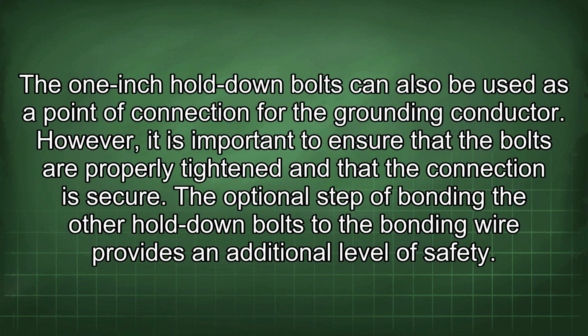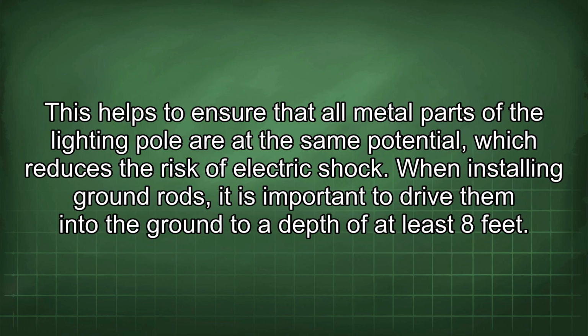The 1-inch hold-down bolts can also be used as a point of connection for the grounding conductor. However, it is important to ensure that the bolts are properly tightened and that the connection is secure. The optional step of bonding the other hold-down bolts to the bonding wire provides an additional level of safety. This helps to ensure that all metal parts of the lighting pole are at the same potential, which reduces the